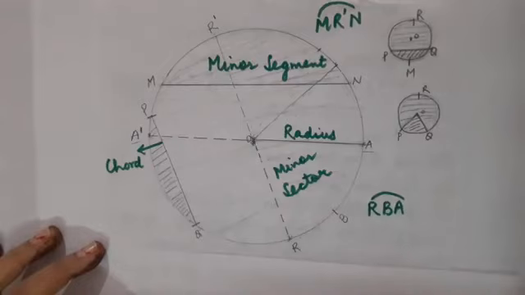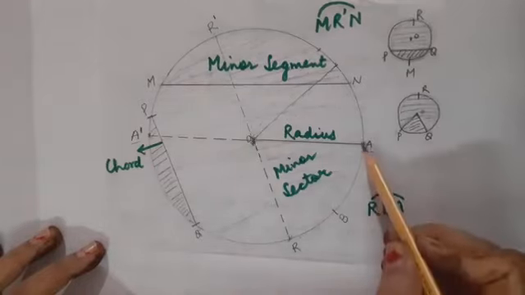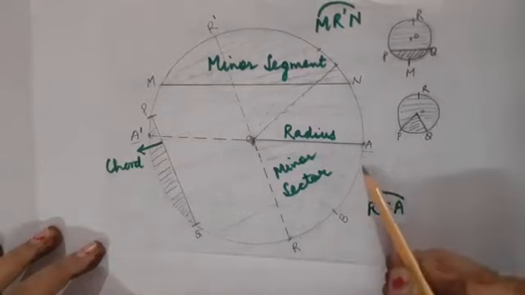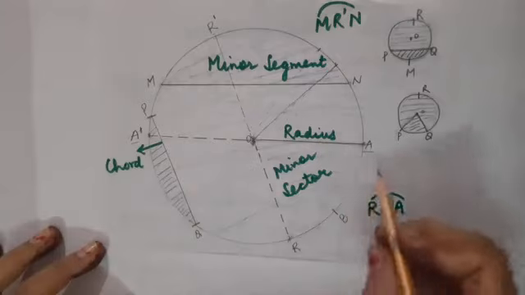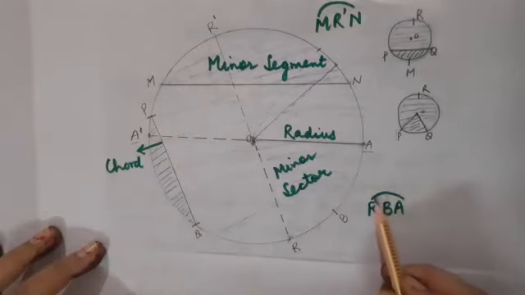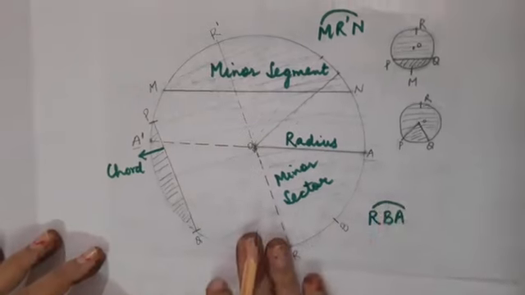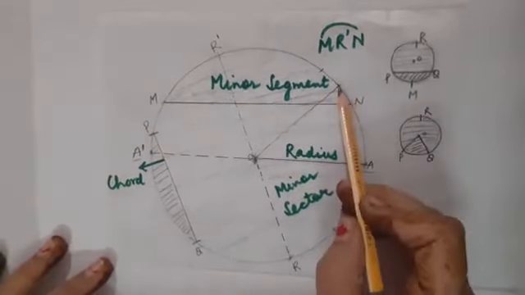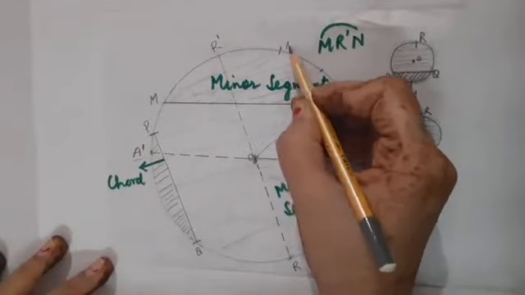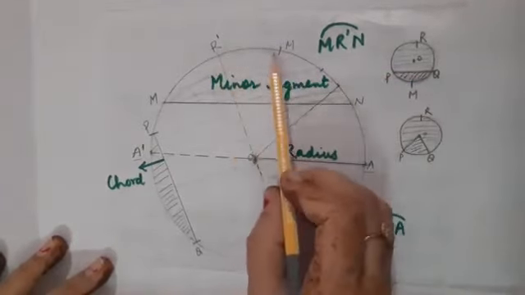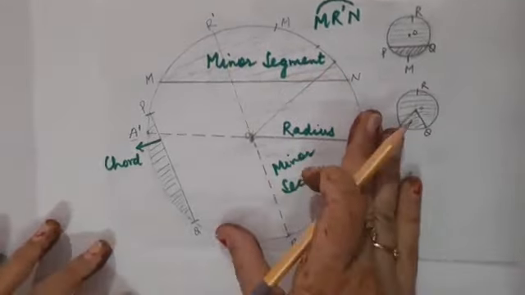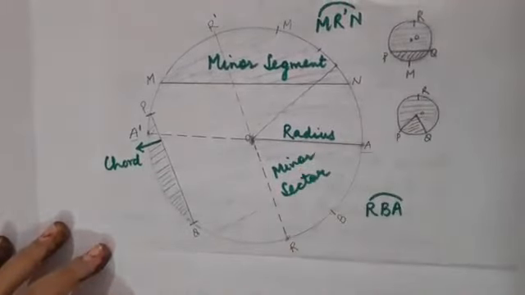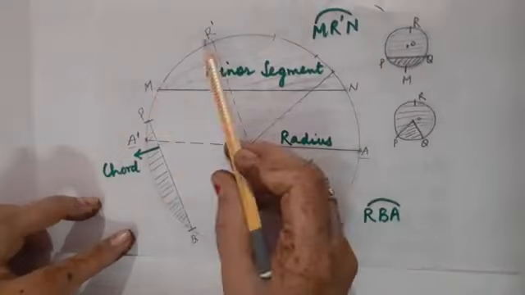Now the next related term is, what do you mean by arc? Here you can see, children, this ABR, a continuous piece, a continuous part of a circle is called an arc. So how do we write it? We can write it like this, RBA, and this is the symbol for arc. Similarly, children, here also you can write like this is N. Suppose if here I write down M also. So it would become R dash MN. This will become an arc. Clear? So arc is nothing but the continuous part of a circle. Children, here you can see that M R dash N.